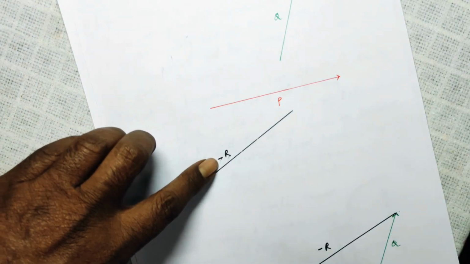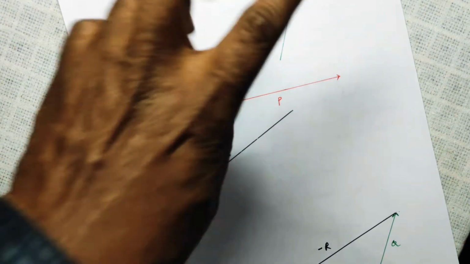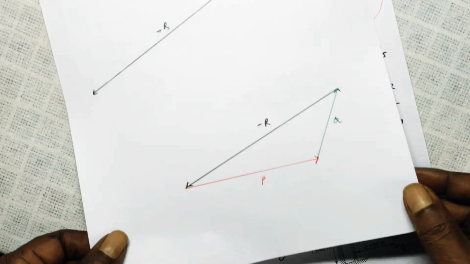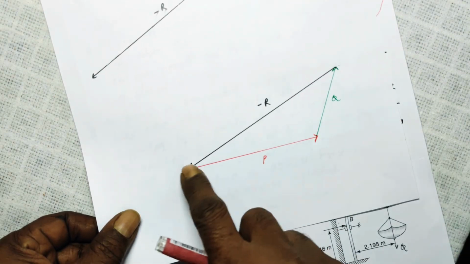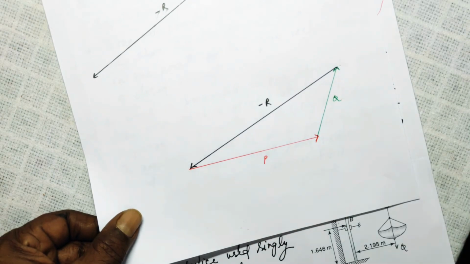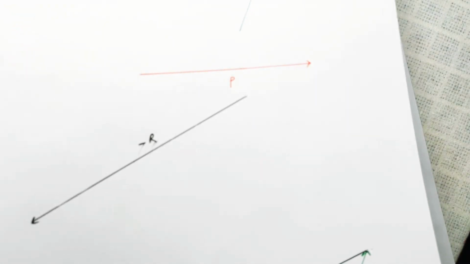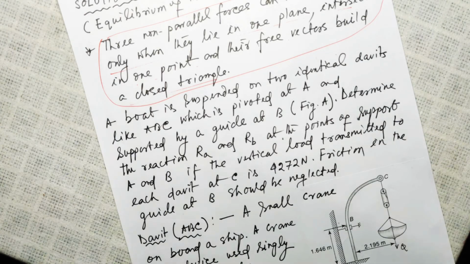Why I have taken minus, I will explain. If these three forces form a closed triangle like this, taken in order, head-tail combination, then it will be in equilibrium. To explain this, I have to first explain the parallelogram law of vector addition